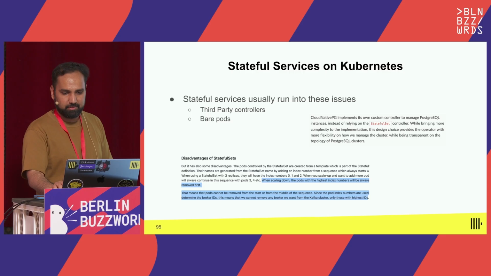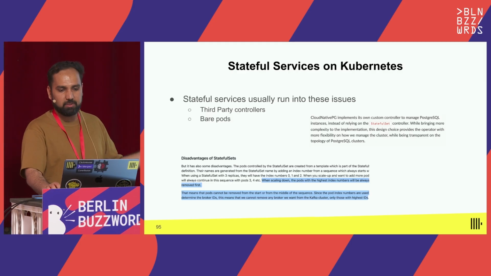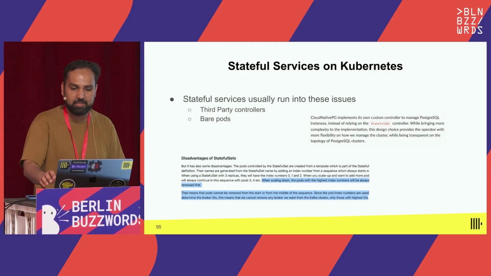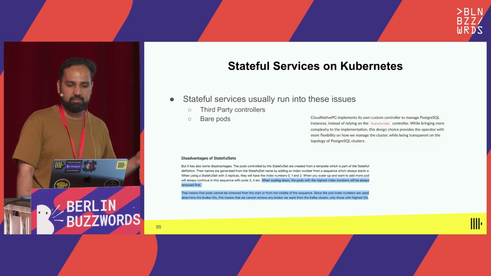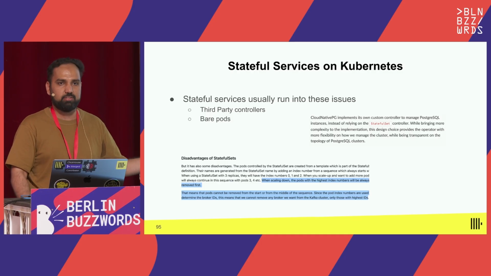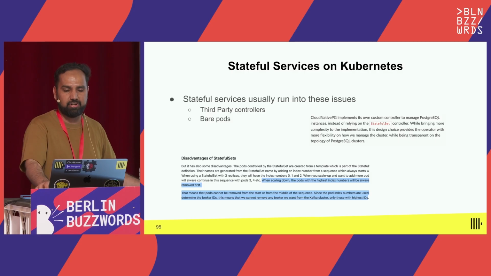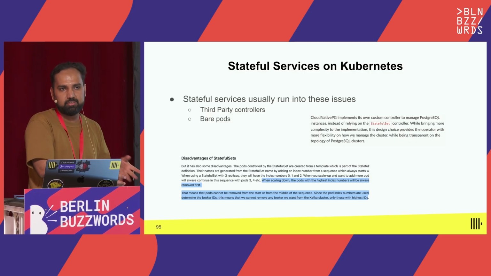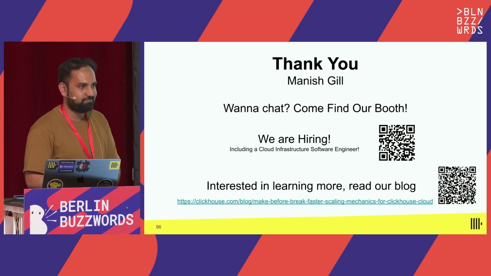And the final thing is, stateful services on Kubernetes have always been hard. I don't think anyone doubts that. But there are examples in open source, like CloudNativePG and Strimzi, projects that have solved the same problems with the ordinals or with bare pods. So this is not exactly very novel, but if you're doing this stuff on Kubernetes, you'll probably run into these challenges. And that's it. Thank you so much for your time.